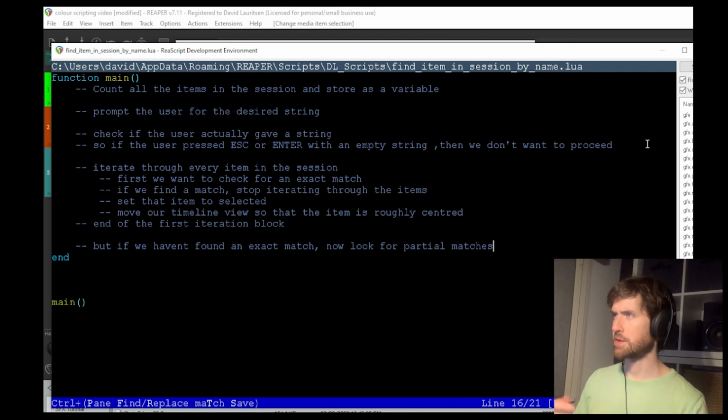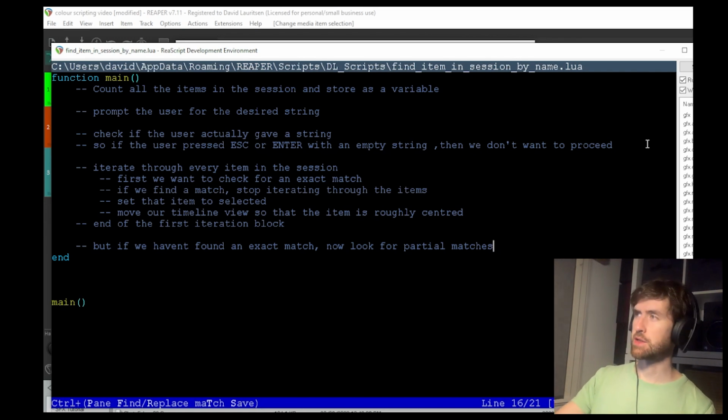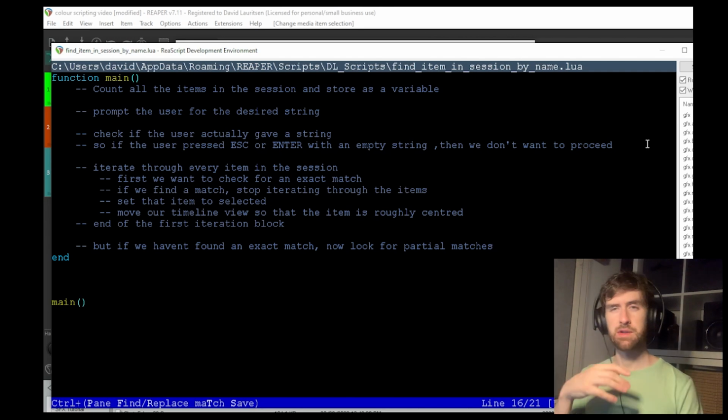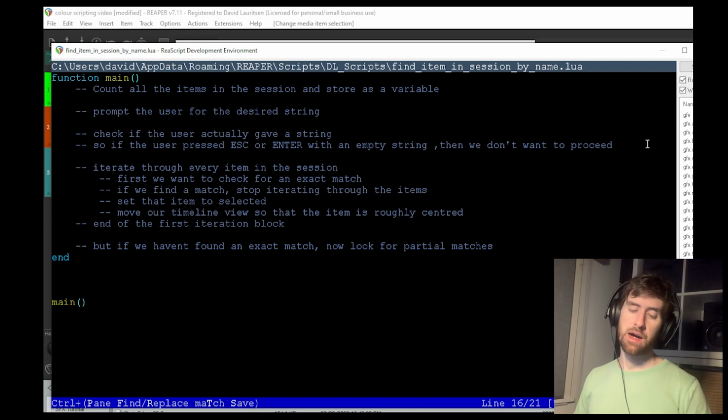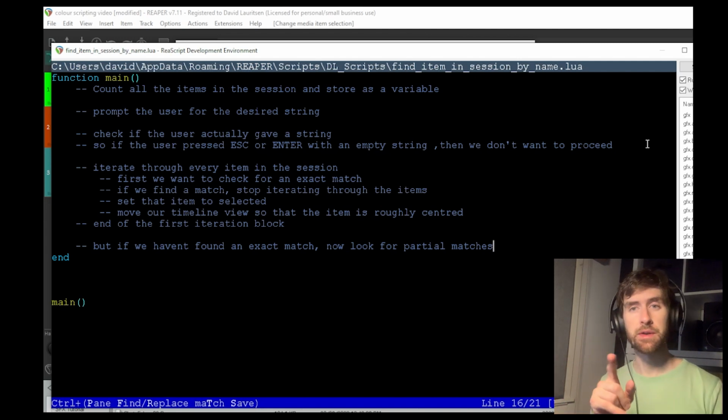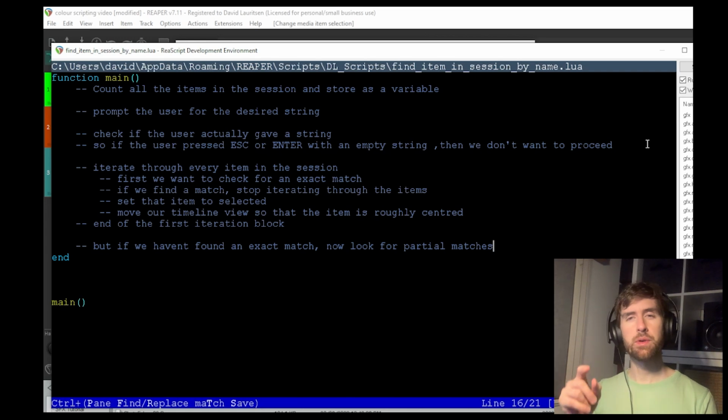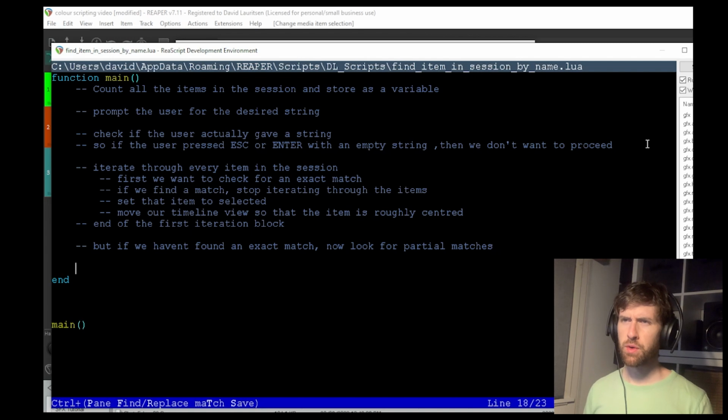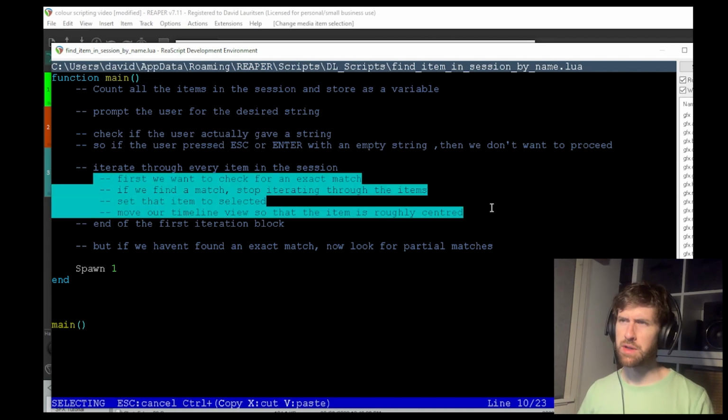Yeah, look for partial matches. So what I mean by that is, in that session behind the script there, there is spawn 8. So if we type, no, a better example. In the session here, there's spawn 1 and also spawn 10, right? So if you search for spawn 1, there'll be a partial match for spawn 10 and an exact match for spawn 1, right? So yeah, we should have hit spawn 1 in this first iteration block, but let's say spawn